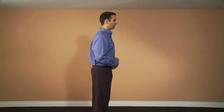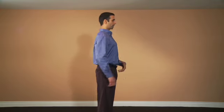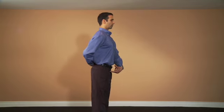Exercise 3 in phase 1 talks about learning to engage the core. The reason why that becomes important is because we really want to create a powerful bridge between the lower extremities and the upper extremities. Let me demonstrate. If I'm standing here, first of all, in bad posture, I've got a forward head, no tone through the abdomen, and I'm down through here. So we've already talked about the importance of shoulder blades back and down. And now we're going to learn to engage the lower abdominals to level off